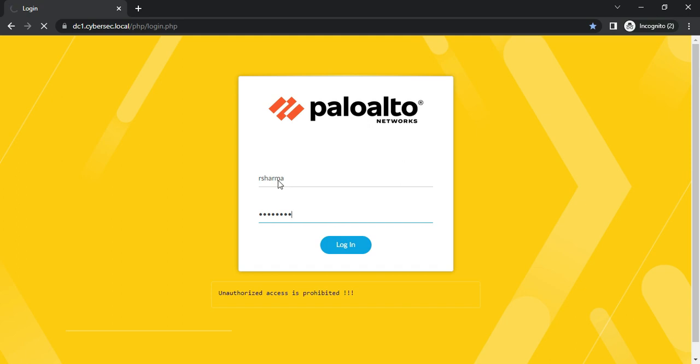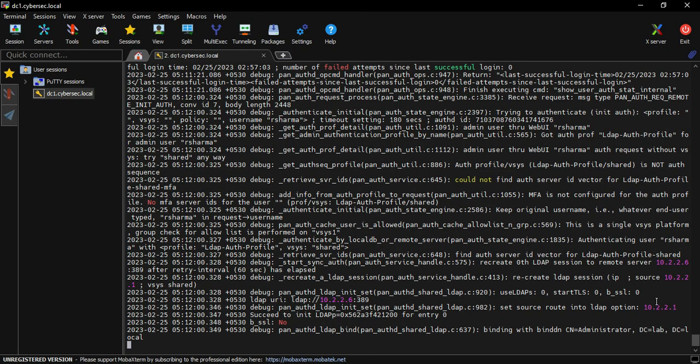So let's see, in authentication, you can see LDAP session to remote server. Source is this, pan auth D binding with administrator dc lab.local,